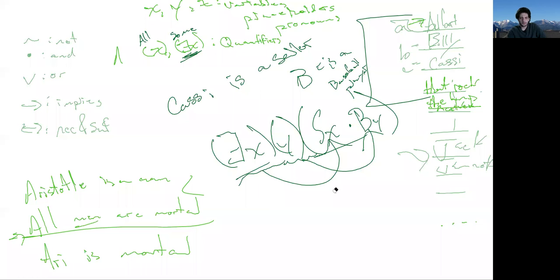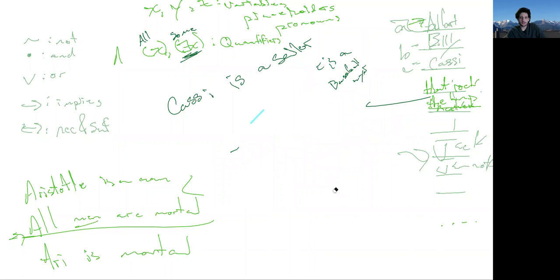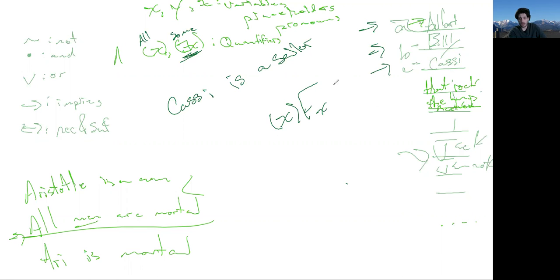So just to be clear, because I don't know that I made this all too explicit, in order for a sentence like for all x, F of x to be true, you need to go to the list. This is why it's so valuable to keep the list in mind. Go to the list and make sure you can substitute x for every name on the list, and make sure that it's true. So the only way this is going to be true is if Fa is true, and then you go down the list, Fb is true, and then you keep going down, Fc is true, Fd is true.